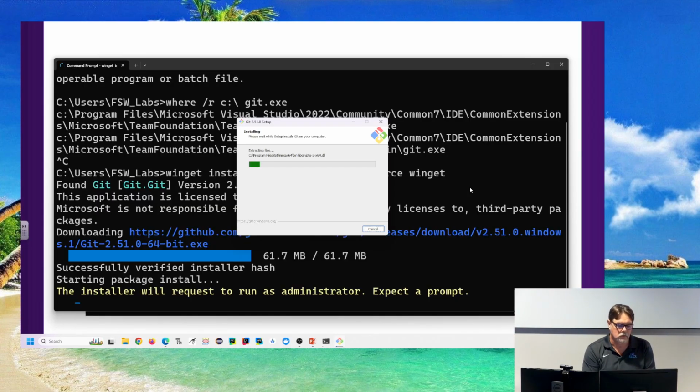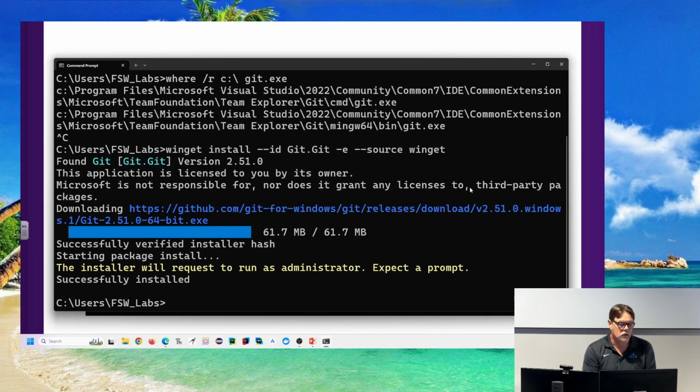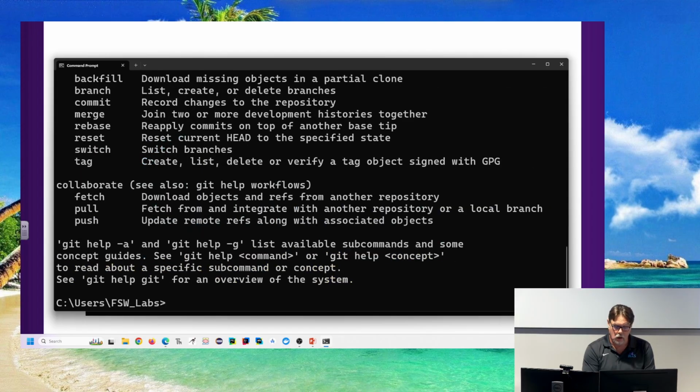Yes. Okay, now when I type git and hit enter, it's there.